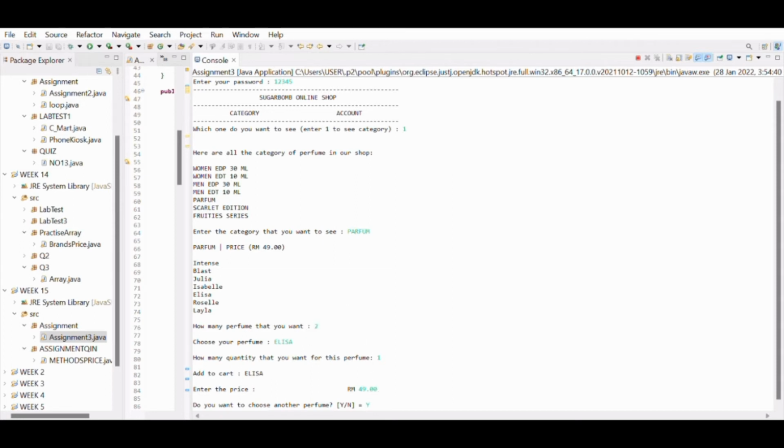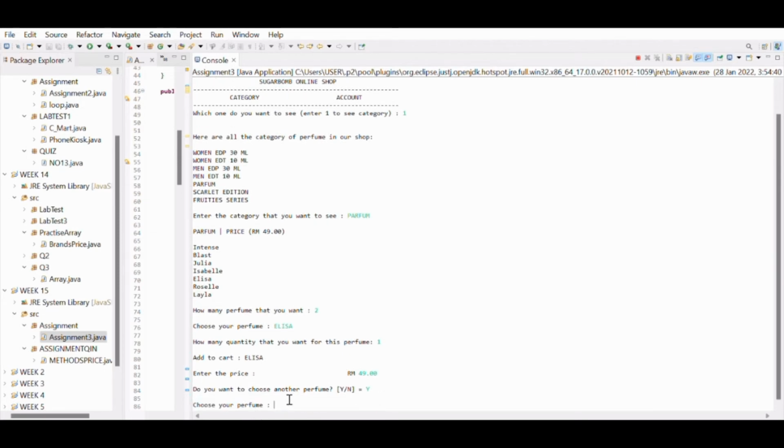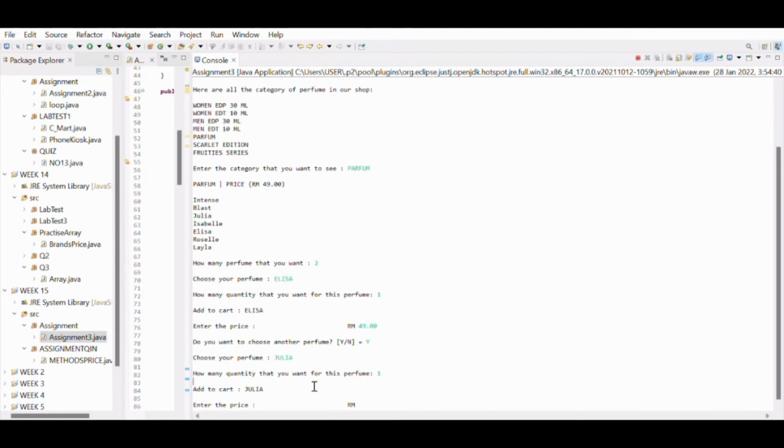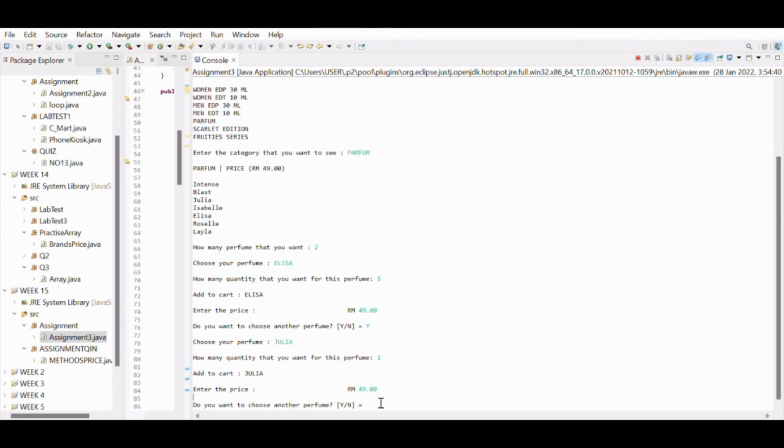If yes, just put Y, and then choose again from the same category, and then the quantity is 1, and the perfume will be added to cart again, and the user needs to enter the price 49 ringgit too,